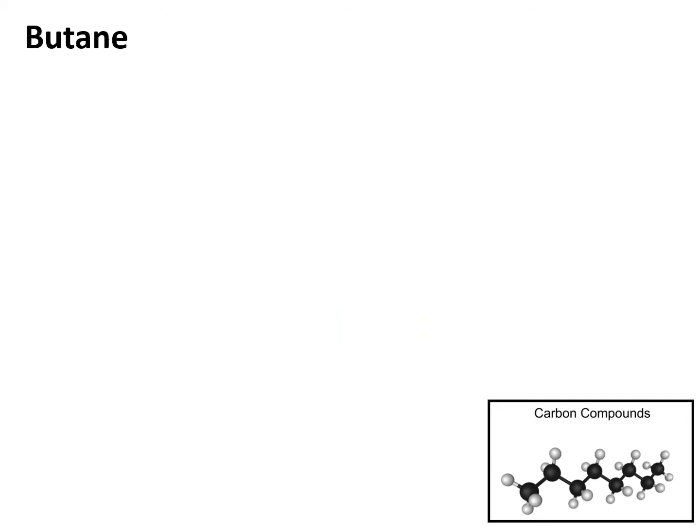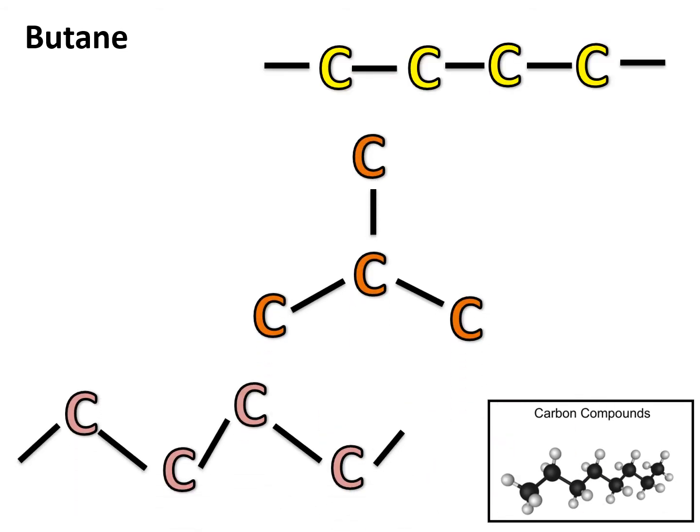Okay, now let's move to butane. Butane has the molecular formula C4H10. Now if you see, I have represented the butane, that is a carbon chain, in 4 different ways. But all the four different ways of representation tell me that this carbon chain has the name butane because there are 4 carbon atoms present in each of the different representations.